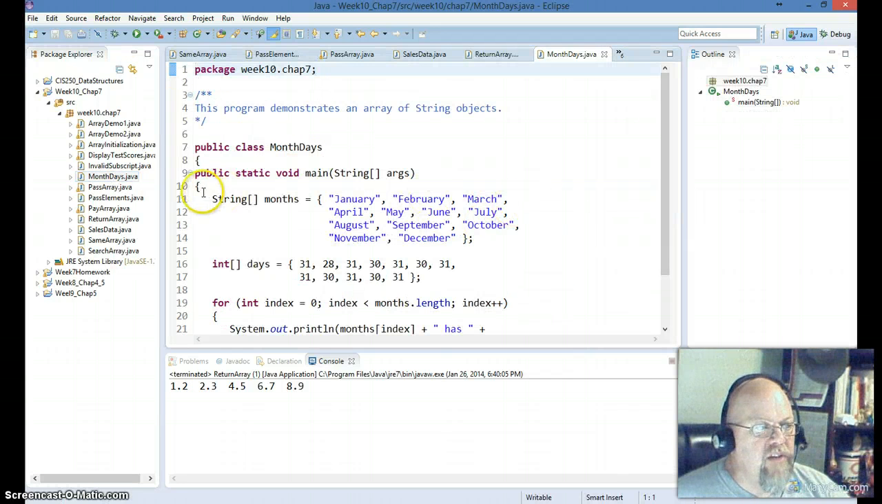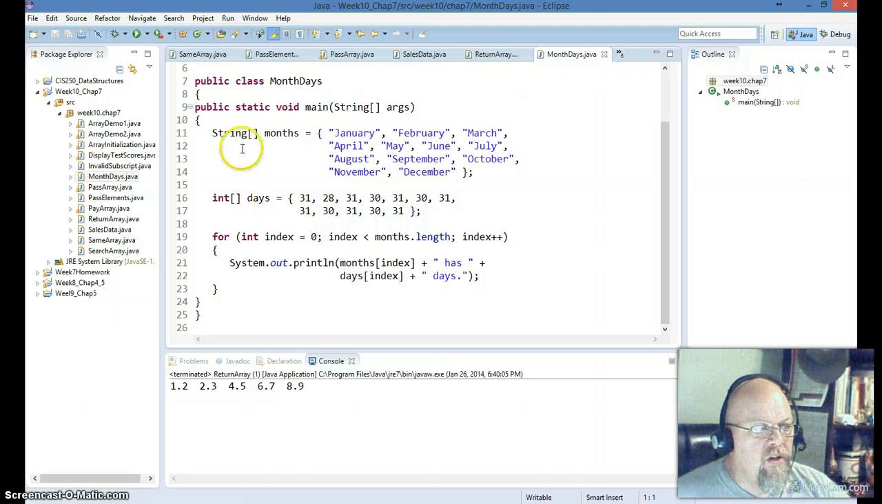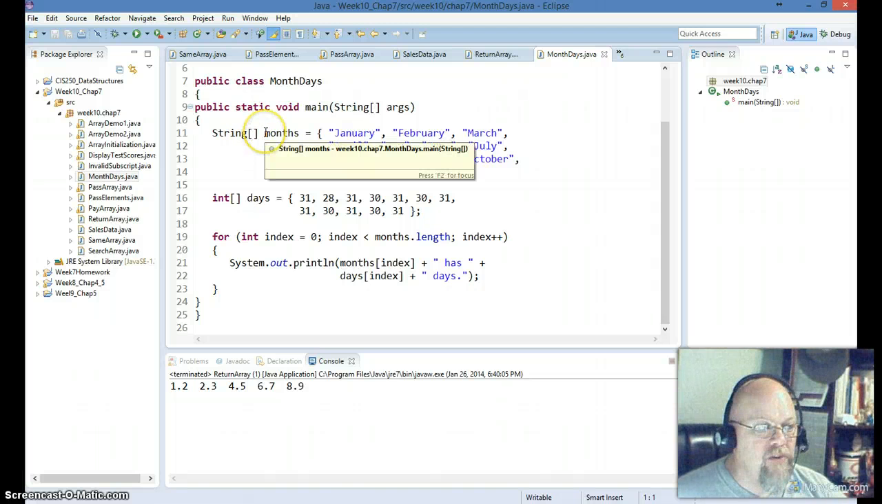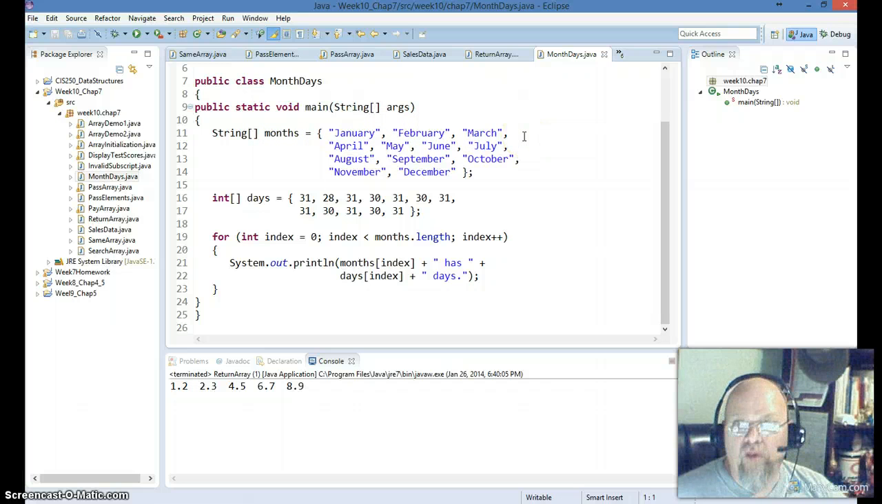And you're going to see that we have string, and notice we have the square brackets, so you can tell this is an array. The name of this array is going to be called months, and we initialize it with the 12 different months, January through December. We also have another array. It's an integer array called days, and it has 31, 28, the number of days